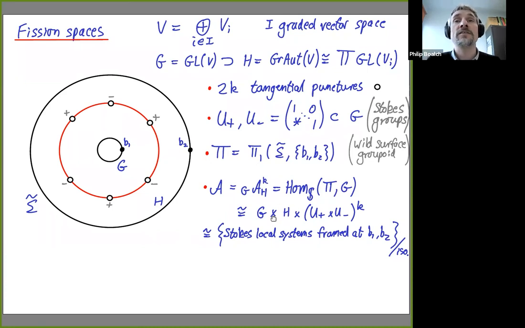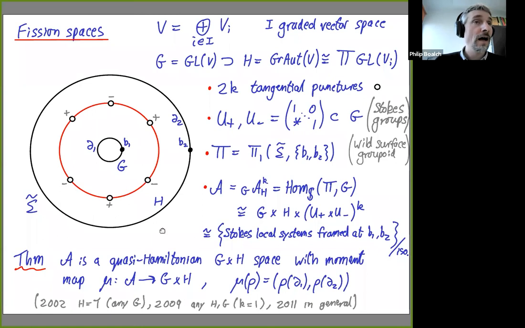So it has this concrete description, but abstractly, it's just the set of isomorphism classes of Stokes local systems which are framed at these base points. So at the graded base points, I have a choice of a graded isomorphism between the fiber of the local system and a standard copy of a graded vector space, like at the top here. And here I just have an arbitrary isomorphism between the fiber of the local system and a fixed vector space V. So this will have a natural action of G cross H. So the theorem that